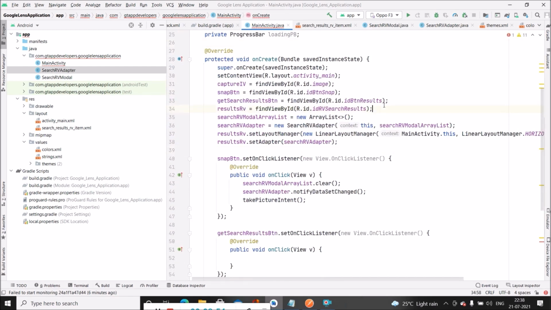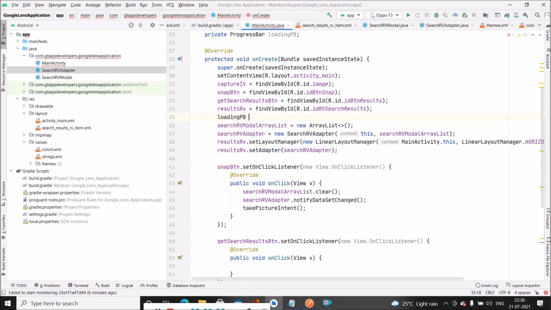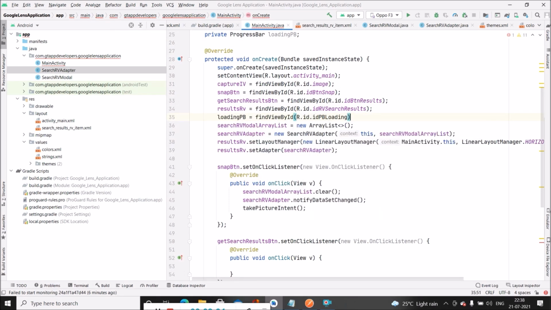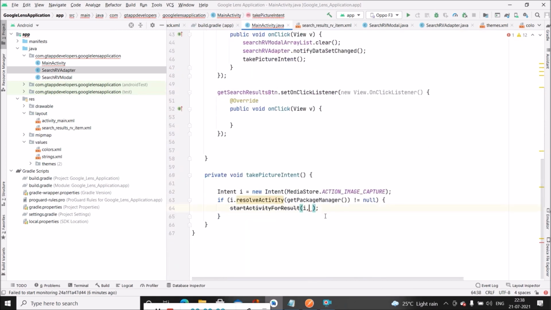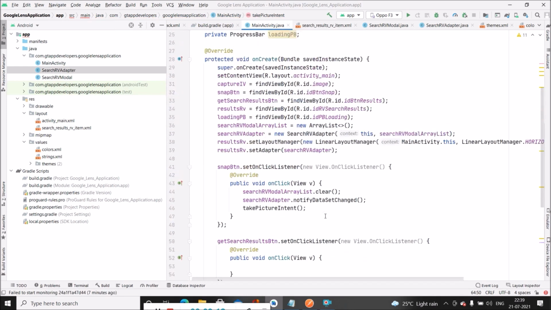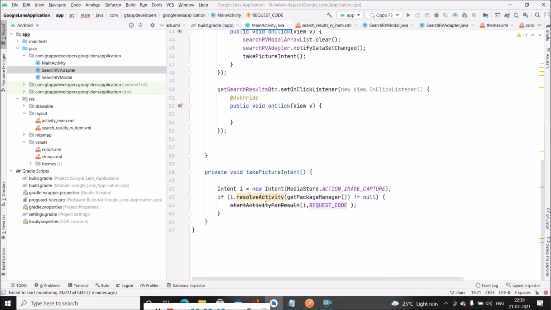And we have to initialize this with their ID. Now inside this method, we have to pass this code, that is request code, which we have created above.